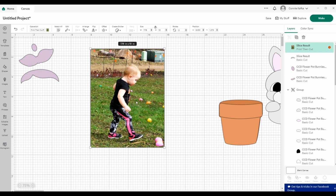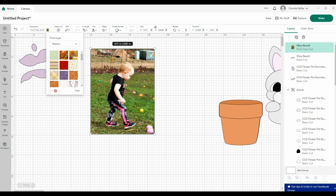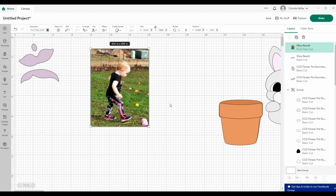But this is a way you can print a photo and just take out what you want out of it too. If you just have part of it you want to print, you want to make it larger, you want to make it smaller now, you can do that. Because it's print and cut, if you want to, let's see. Nope, it won't let me do that. But it does give you the option here to make it smaller, so then the scale itself is going to be smaller. I don't know if you knew that. You can print photos from Cricut Design Space. You could,